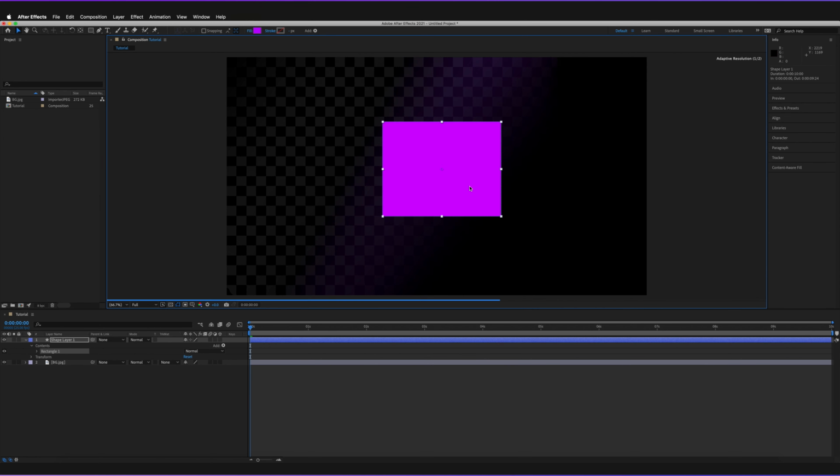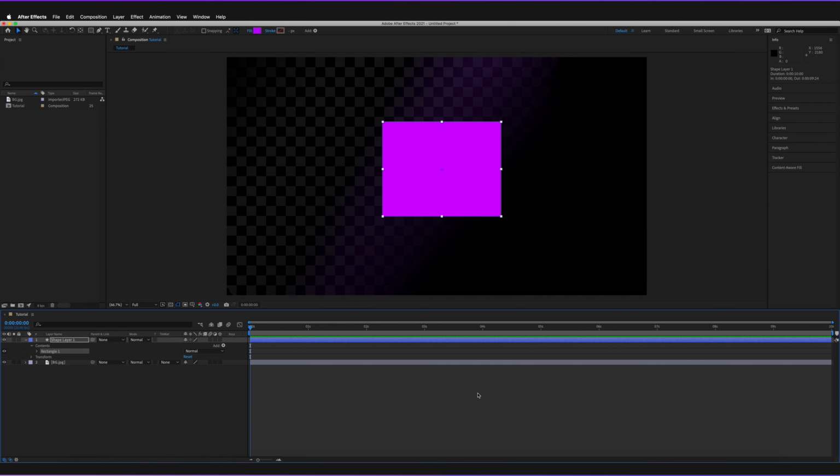So this is one thing to bear in mind when you're using shapes in After Effects. You have transform properties for the shapes themselves, and then you also have transform properties for the shape layer itself too. So you can change the position of the shape twice. Now, just before we go into depth on that, I'm just going to quickly unselect this and collapse our shape